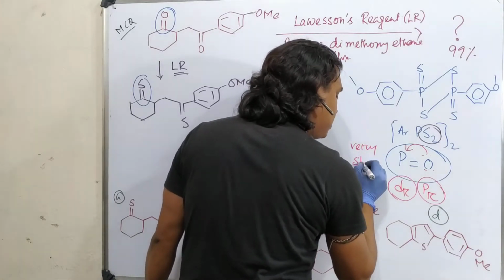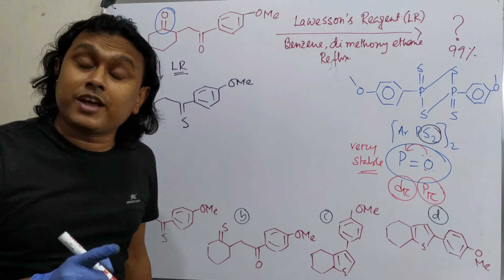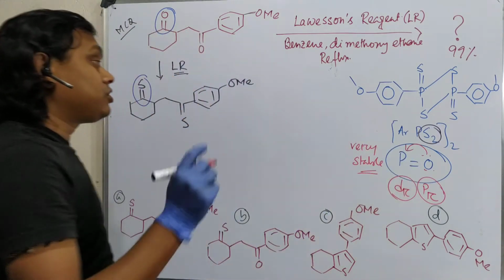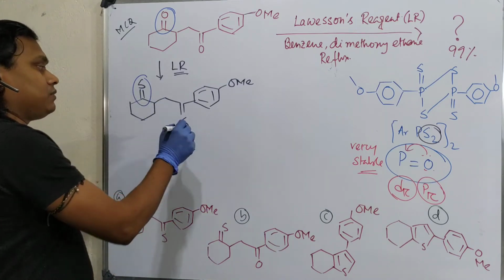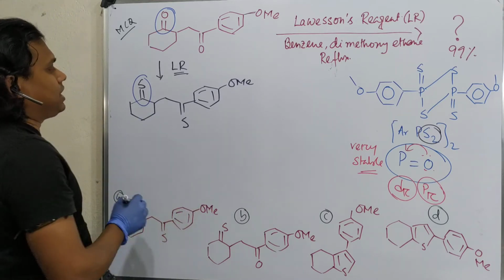stable. Please remember, you have already observed such an example, that is the Wittig reaction, where the driving force is phosphorus oxygen bond formation. So that is the driving force for this reaction. One side is an unstable bond forming, carbon sulfur, but the other side is a very stable bond forming. That's why this thing happened.